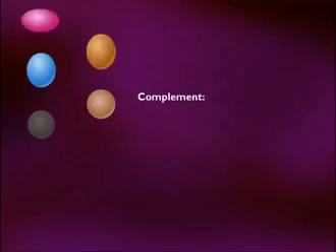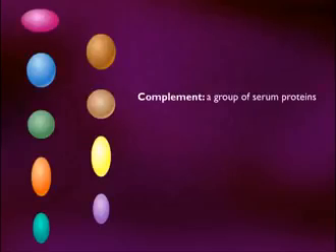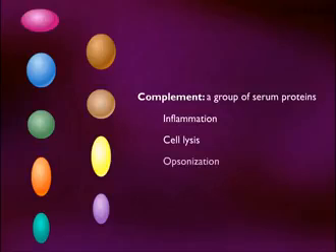Complement consists of a group of serum proteins that activates inflammation, destroys cells, and participates in opsonization. Complement can be activated by a number of different foreign molecules. The complement proteins respond in a sequential manner, producing a cascade of reactions. The major components are C1 through C9, named in the order that they were discovered, not in the order in